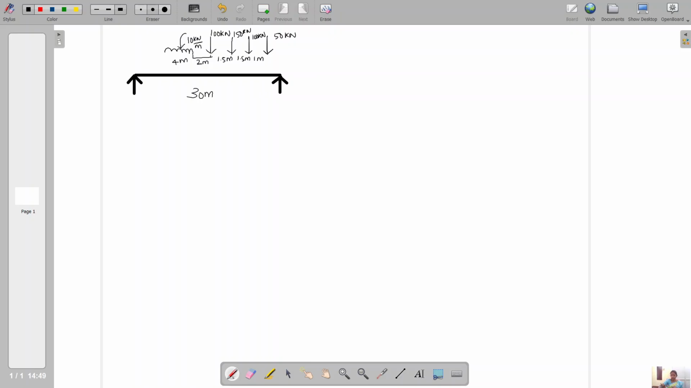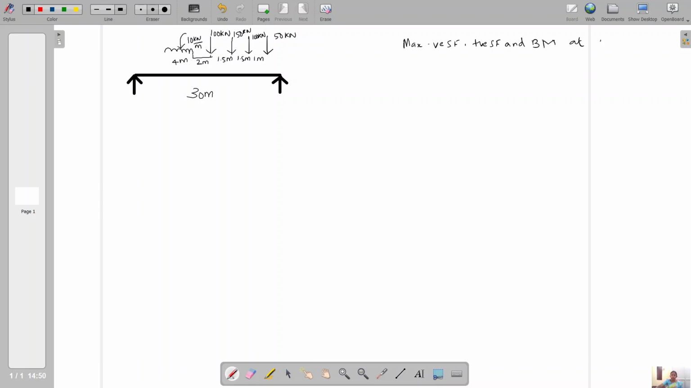So, dear students, take down this problem. Our next example is a series of point loads traveling from left to right on this beam of 30 meter span. So, the question is to find the maximum negative shear force and positive shear force and bending moment